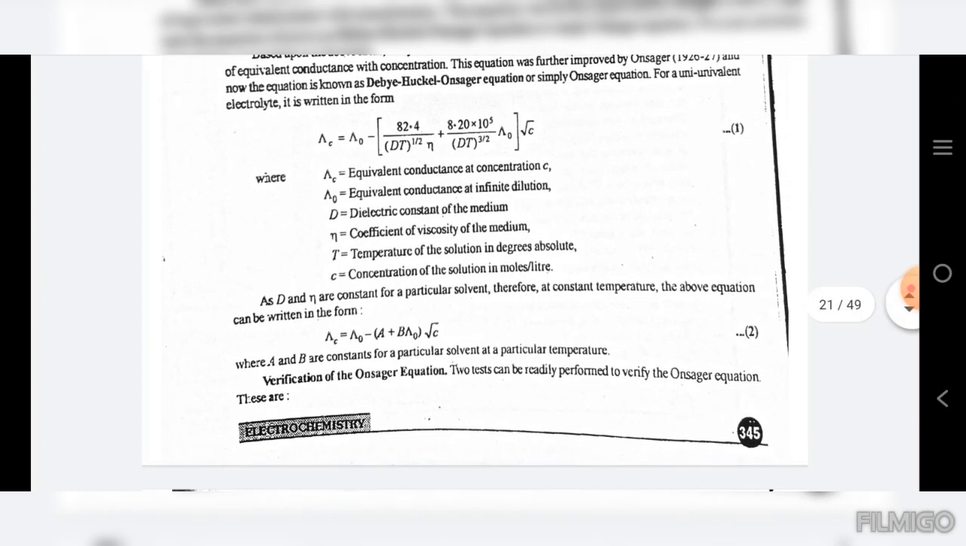Based upon the above ideas, Debye and Huckel in 1923 derived a mathematical expression for the variation of equivalent conductance with concentration. This equation was further improved by Onsager in 1926-27, and now the equation is known as the Debye-Huckel-Onsager equation, or simply the Onsager equation. For a univalent electrolyte, it is written in the form, where D and N are constants for a particular solvent. Therefore, at constant temperature, the above equation can be written in the form